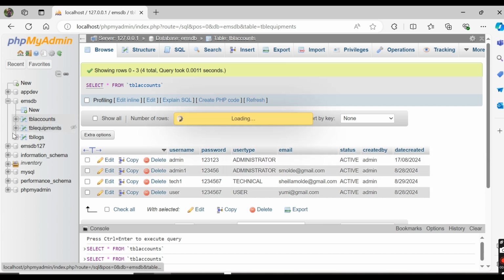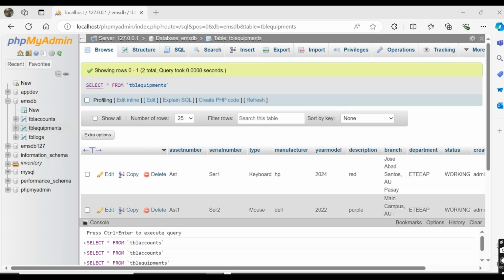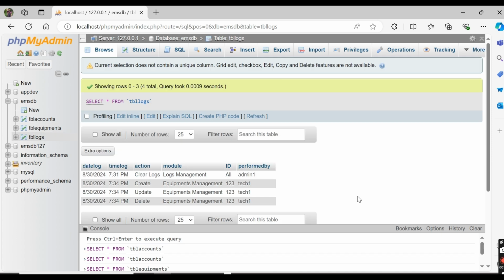So for the equipment, of course, we need to have the asset, serial number, type, manufacturer, year, model, description, branch, department, status, created by, and date created. So for the logs, we have the date log, time log, action, module, ID, and performed by. So that is the database design.